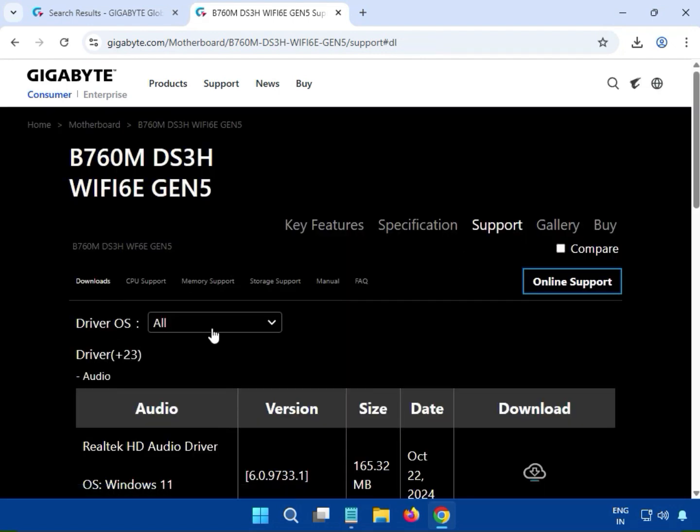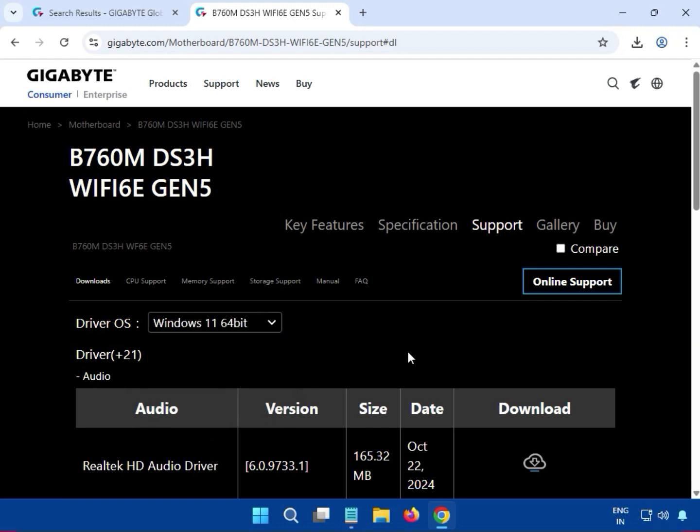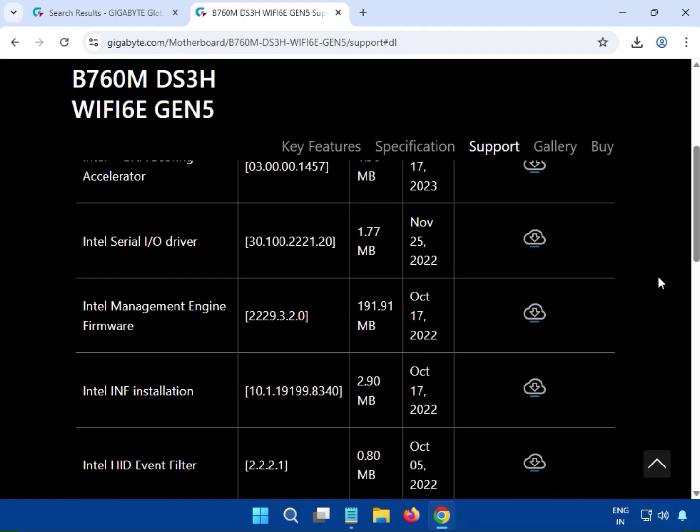So select the operating system, which is Windows 10 and 11. If you are using Windows 10, because I am making this on Windows 11, no worry, because the installation process is just to select your operating system. After that, just follow this video and install the